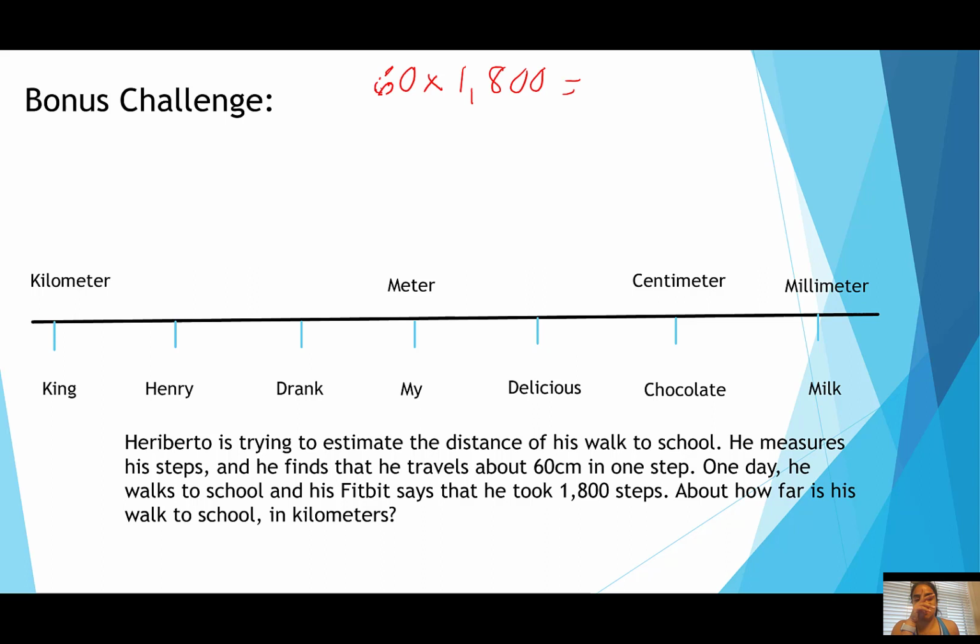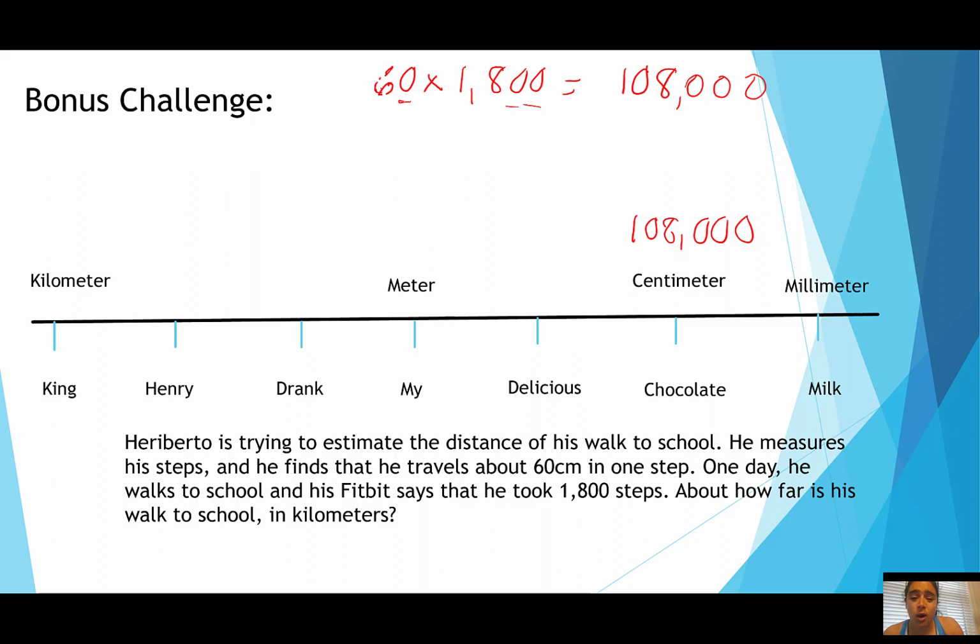I could do 6 times 18, which is 108. And then I can count how many zeros I need to add on. 1 from the 60, 2, 3. So I have 108,000